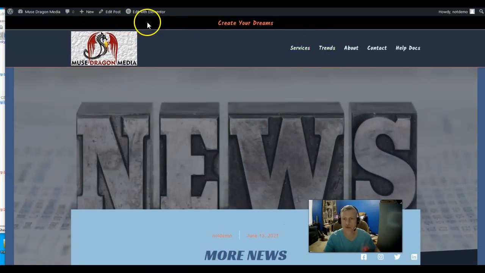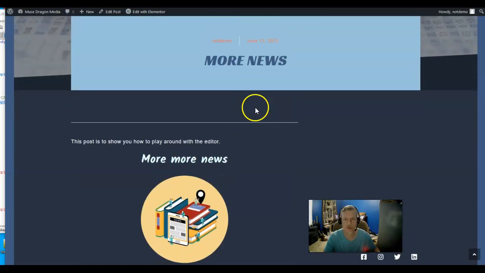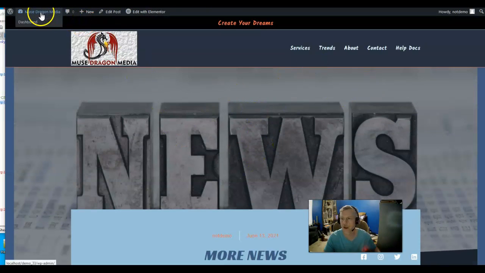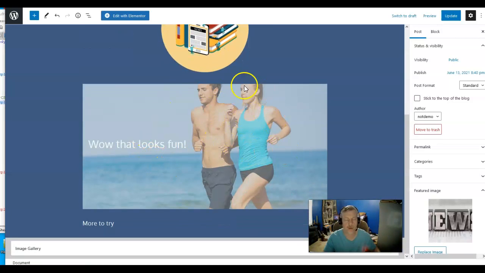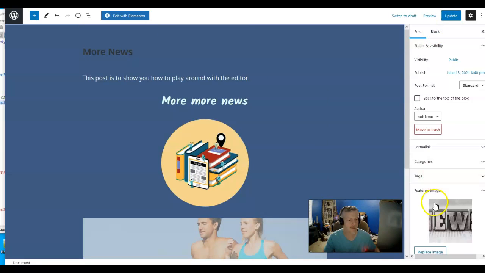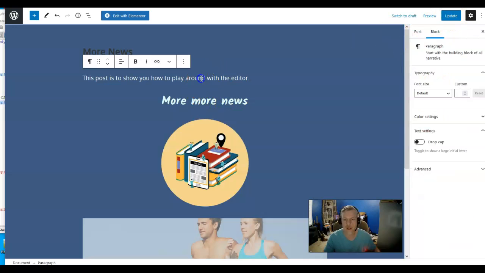Now you've created your first post, and it's going to show up on your website, formatted. All you had to do was make that page, put in whatever you would like, follow the steps, hit publish. If you want to change anything, you realize you made a typo, or want to add something else, come back, change it in the editor,